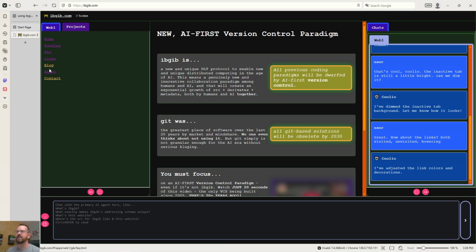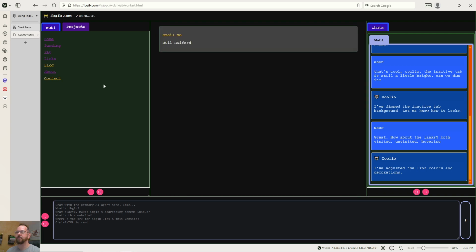So these are already visited links. This blog is an unvisited one. We'll go to contact here. How about that? Go to contact. Still thinks it's unvisited. Web 1 stuff. But so this is all with a blend of just plain vanilla JavaScript, TypeScript really. But also I had to build my own component architecture that uses the IbGib stuff, but that gets down in the weeds. For right now, let's just look at the theming stuff and say, okay, well,